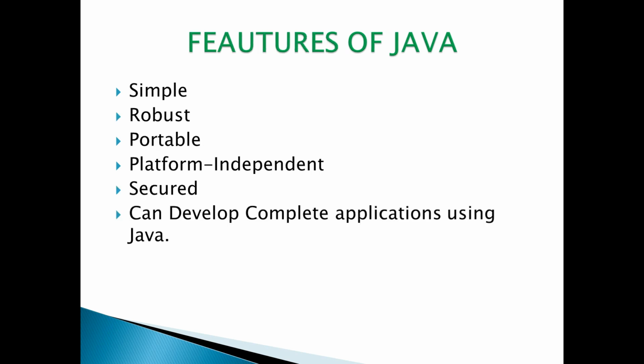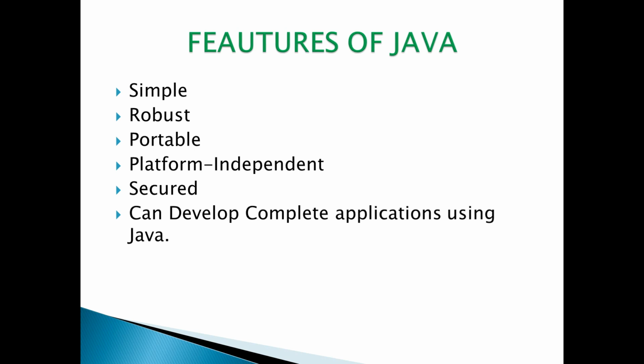So these are the features of Java. Java is simple, robust, portable, platform independent, which is one of the main features, secure, and you can also develop complete applications using Java. Now you may think that I am talking about many features and architectures of Java. Trust me, I will make you clear about Java programming and make you write Java programs in a minute or so, and make it so simple after this Java course I am taking now.